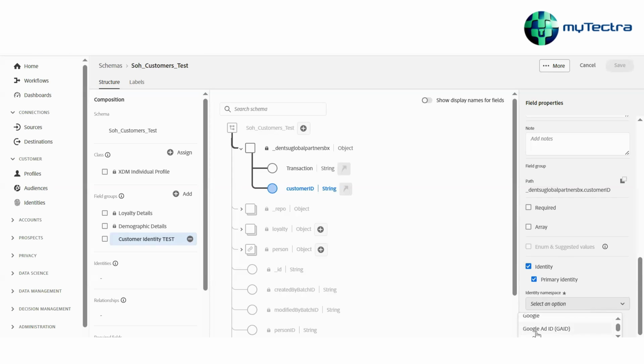We also have a few custom identity namespaces here. Before selecting something here, we have to create an identity namespace for our use case, because the customer ID is not one that is already present. It's not an out-of-the-box identity. We have to create it as a namespace. In order to do that, we need to go to Identities. Under Customers, there is something called Identities. When you click on it,